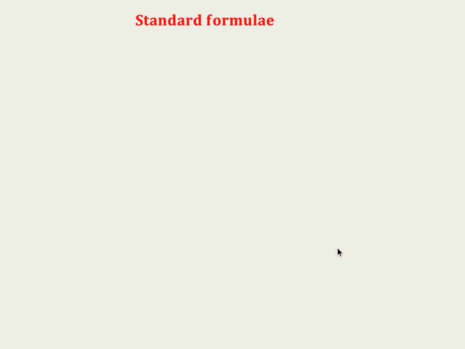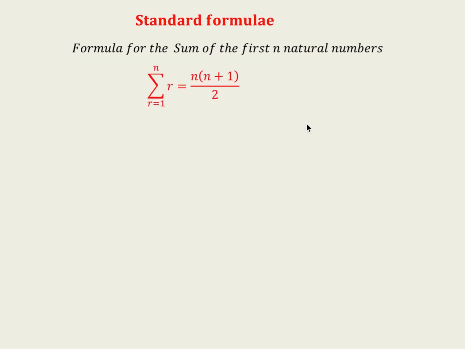Now we proceed to standard formulae. We have the formula for the sum of the first n natural numbers, which is summation from r equals 1 to n of r equals n into n plus 1 all over 2. The function f of r is generating the terms, while the function g of n is generating the sums of terms. So when r equals 1, I get the first term, and when n equals 1, I get the sum